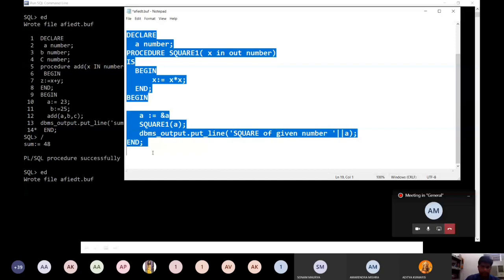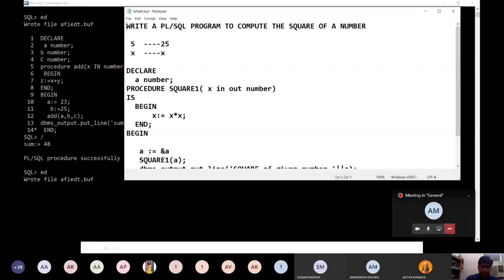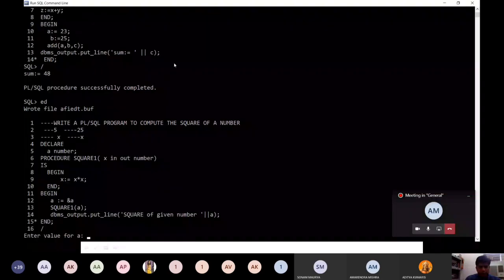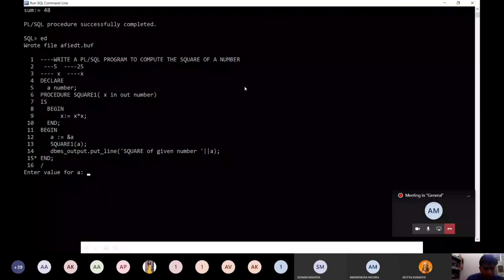comment it, save, that's it. Here we want a value, the input value of a, let it be 5, right? It says expecting one of the following.